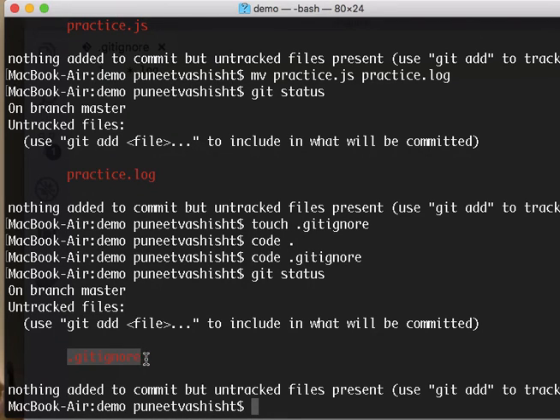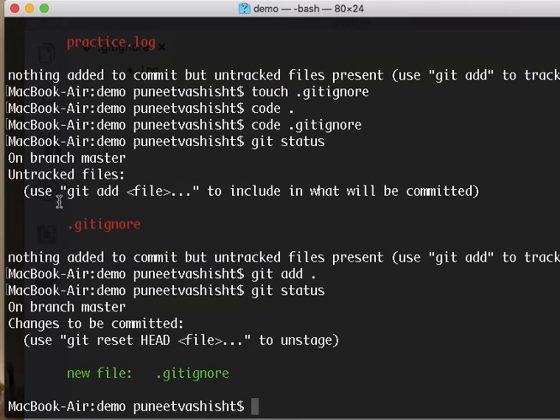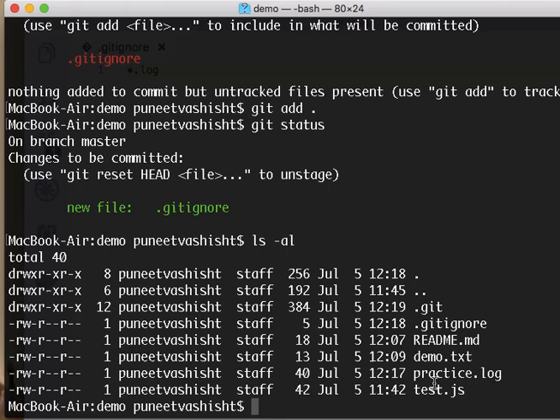Now because this is a file that has the know-how of what files to ignore, you want to put this into the repository, just this one. So I'm just going to type in git add * or a dot, git commit -m. Just before that, do a git status maybe, and you'll notice that only the .gitignore file has come up here. The practice.log, though it's there in your folder, has not been put up into the repository. And if I do a git commit -m, the gitignore file,